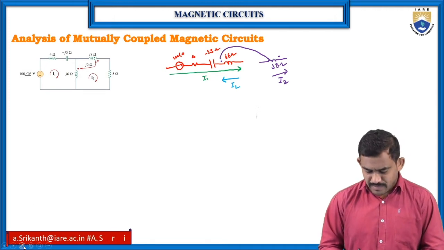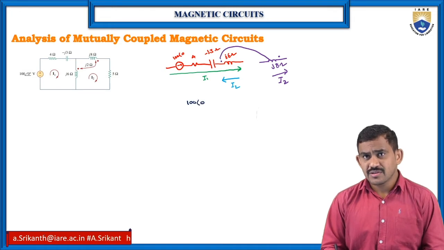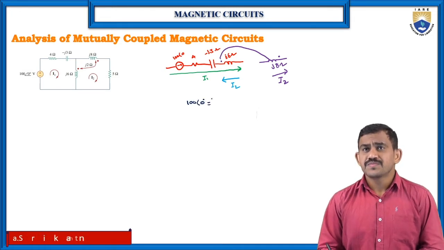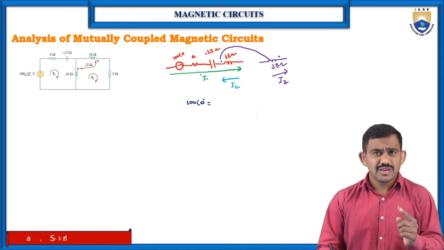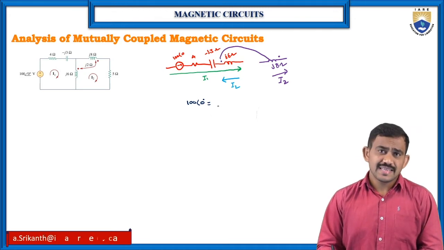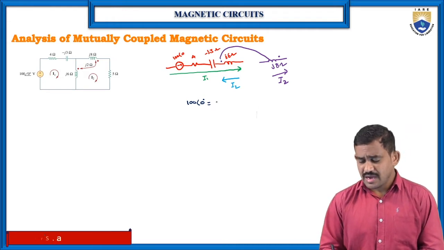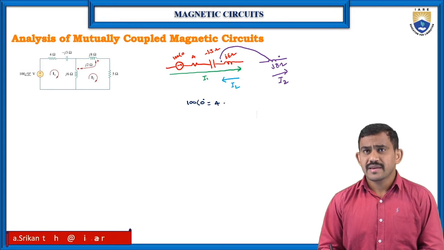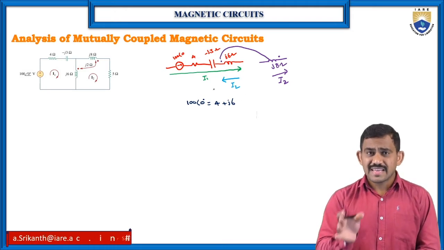For loop 1, my equation is: the voltage source 100, angle 0, equal to, for resistor, capacitor, inductor, we have only one current since they are connected in series, then R plus JXL minus JXC. So R is 4, plus inductor J6, and for the capacitor we need to write the minus 3. So XL is given as the direct value.